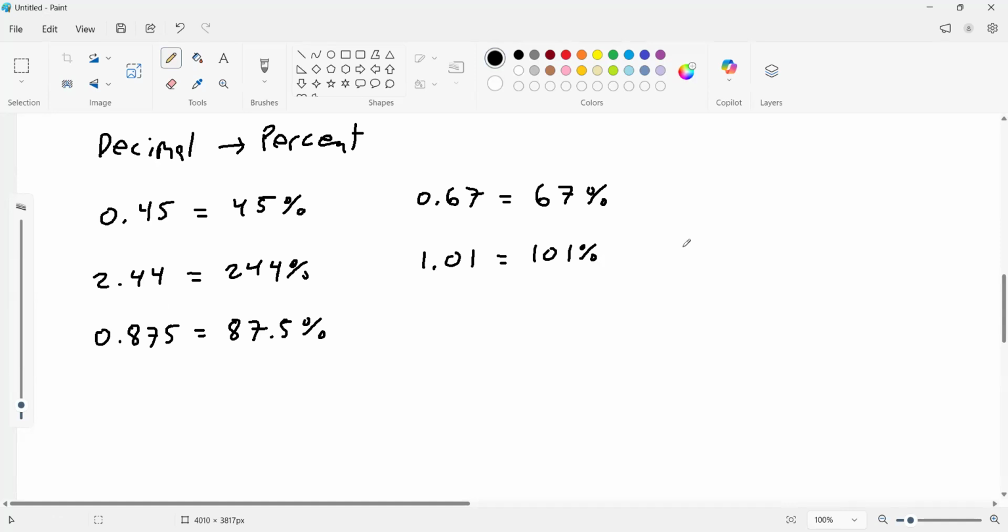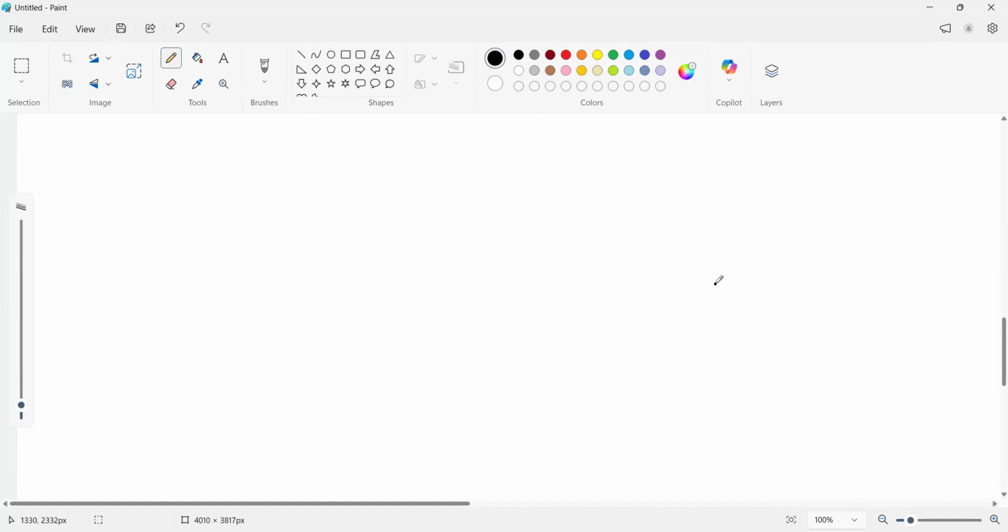Okay, so that's all there is to it for decimals to percents. Very nice, very easy. What about fractions though? So fractions are a little bit more frustrating sometimes. Thankfully, on the SAT, they're never gonna give you a fraction that's gonna be super obnoxious to get to a